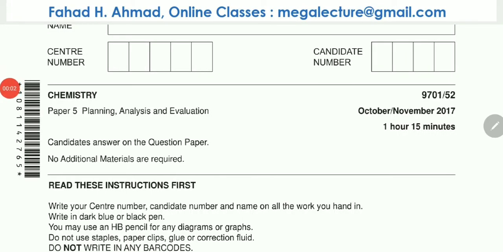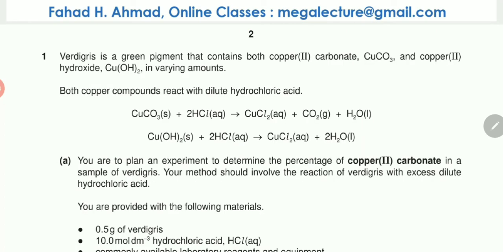In the following lecture, we're going to try and solve the October-November 2017 question paper 5.2. This is the planning, analysis and evaluation paper, and we're going to try and solve the first question of this paper. So the question reads that verdigris is a green pigment that contains both copper 2 carbonate